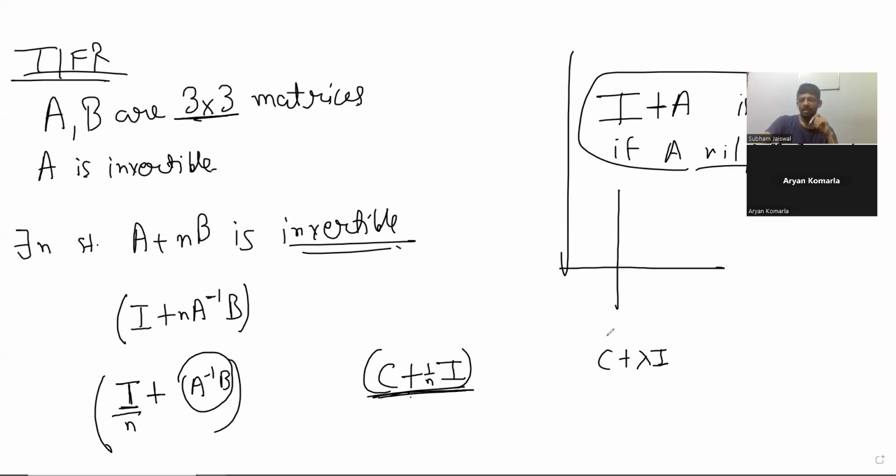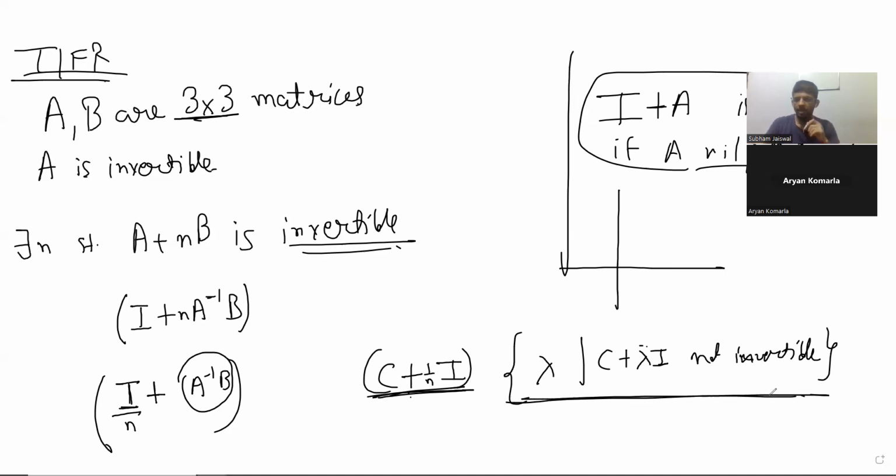this set lambda will be a subset of C. Basically, I am looking at lambda such that this is not invertible. I am collecting those lambdas. Lambda is allowed to be a complex number. Obviously, if it's a finite dimensional thing, if it's just a matrix, then this is just a finite set of points. So that is not a problem. But that's where the magic comes: even if this C is between infinite dimensional spaces,